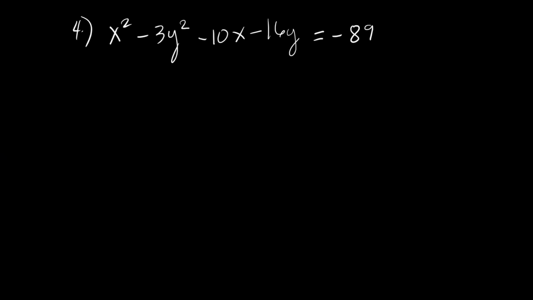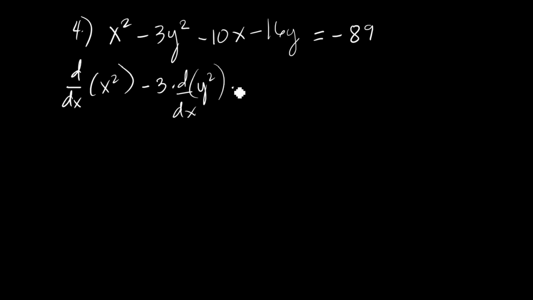Okay? So again, we're gonna differentiate each term, okay, on both sides with respect to x. So that is derivative of x squared with respect to x minus 3. So we do have here the coefficient of 3. So we're just going to copy it and then multiply by the derivative of y squared with respect to x minus